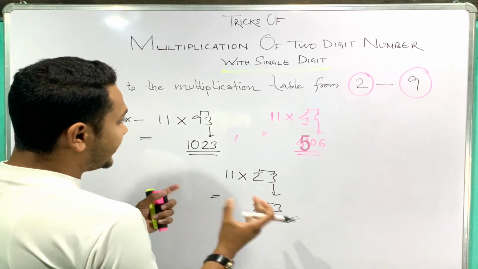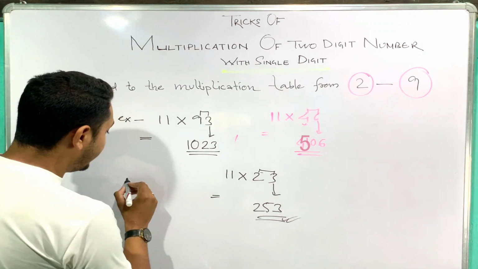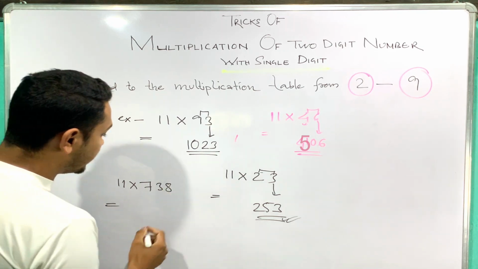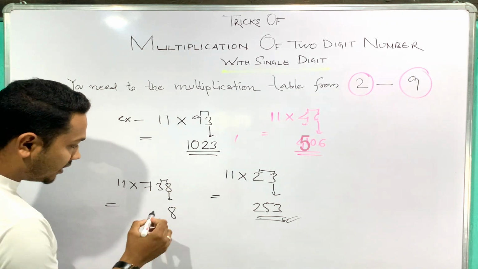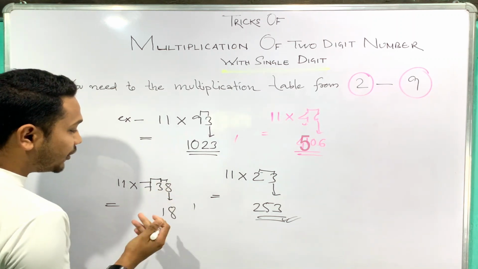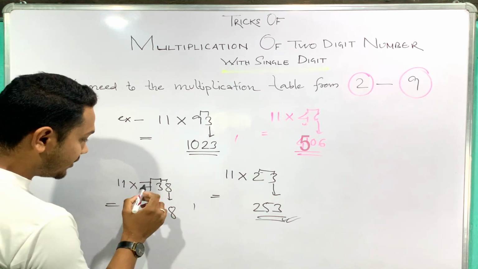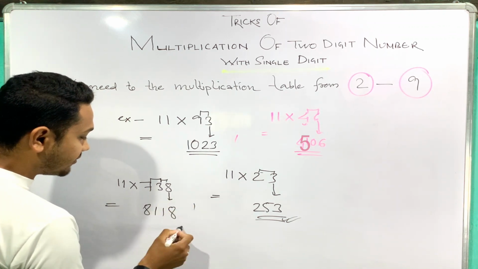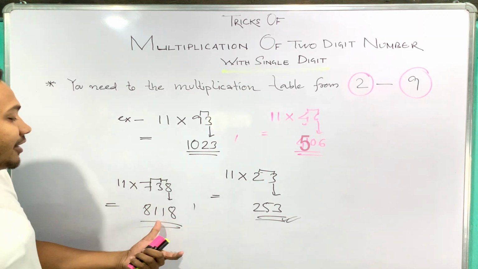Moving to some more examples in case of 11. If someone asks you that 11 into 738 is how much? Okay, 738. So just have a look. Quite easily I will find out the answer. This 8 will come as it is. Next, 8 plus 3, how much is 11? I will put here 1. Next remains 1. Then 3 plus 7, we know 10. 10 plus that 1, 11. Out of 11 I will put here 1 and then 1 is left out, right? 7 will come here as it is, but 1 is left out, so 7 plus 1 is 8. So this is the answer. See, quite easily I have found the answer. 11 into 738 is 8118, right?